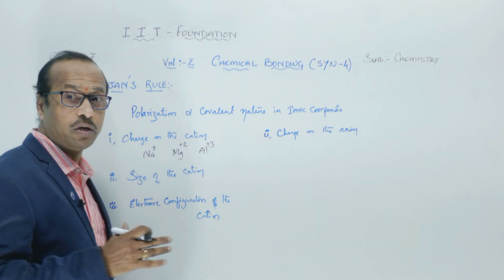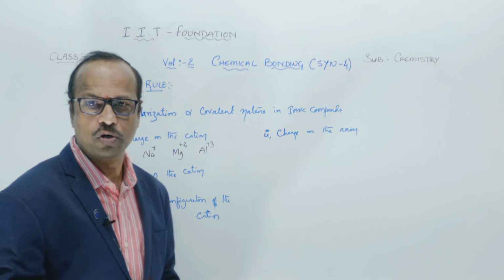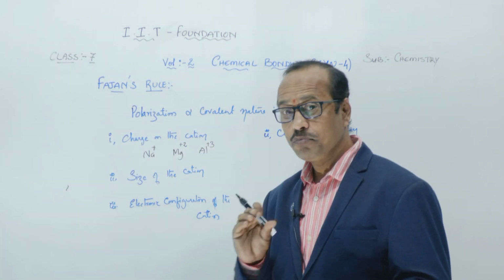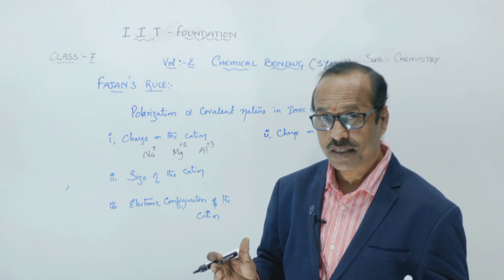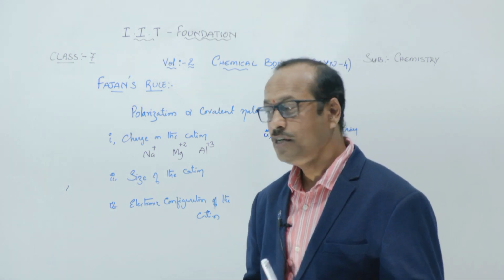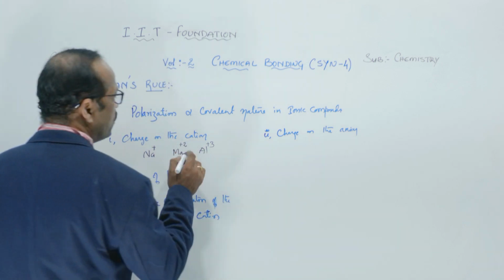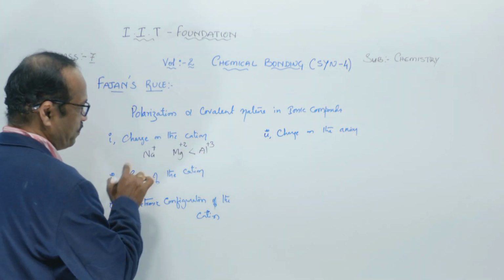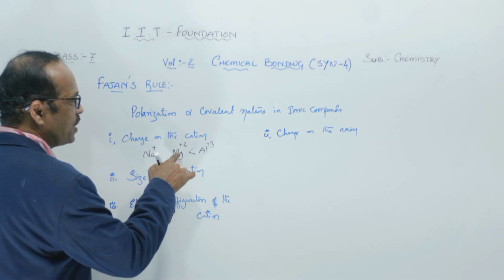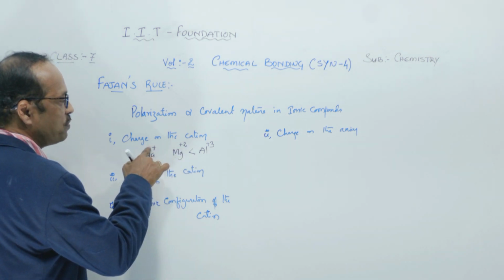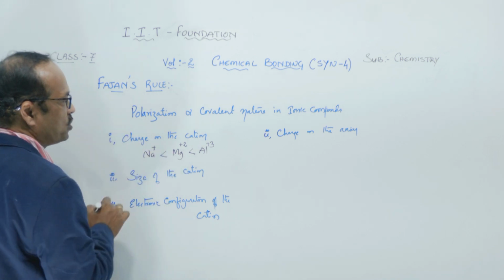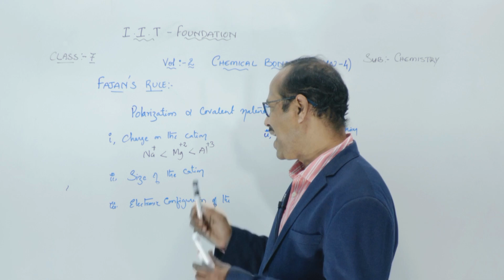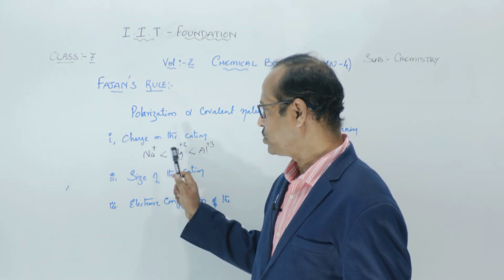Naturally aluminium, because aluminium has more positive charge, so it will pull the electrons more, right? So it will be more distorted. As the distortion increases, covalent nature increases. So the covalent nature of aluminium is greater than magnesium. When you compare sodium and magnesium, magnesium has a plus 2, while sodium has only plus 1. So therefore, the covalent nature of the aluminium ion is greater than magnesium, which is greater than